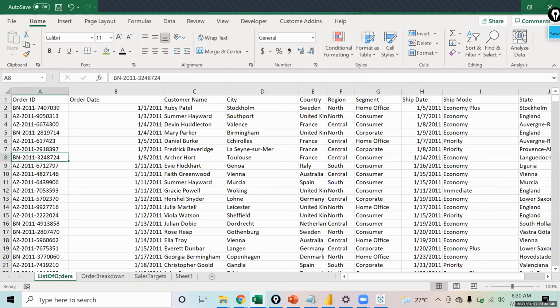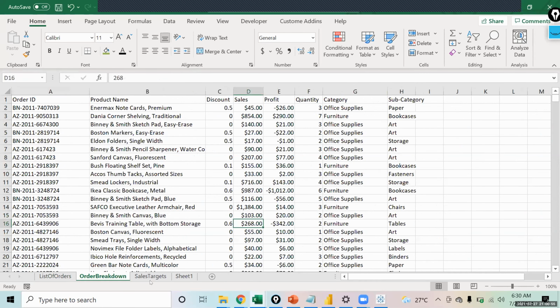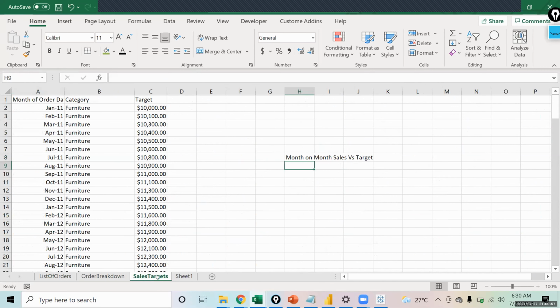That is one thing. Then we group the data, both these data sets, by month, and then we will create a join between the joined data set of list of orders and order breakdown, and the sales target. So that is the process that will happen. So technically, the join was simple over here. The joining of the data was a simple step.